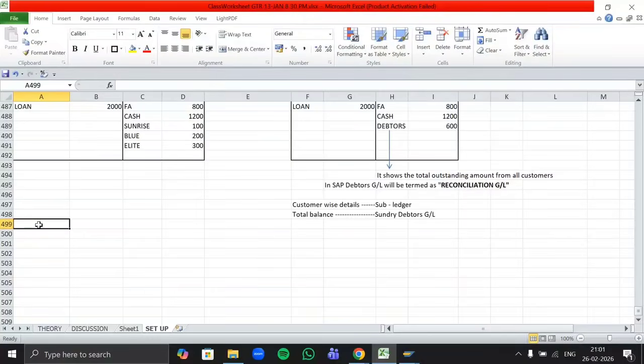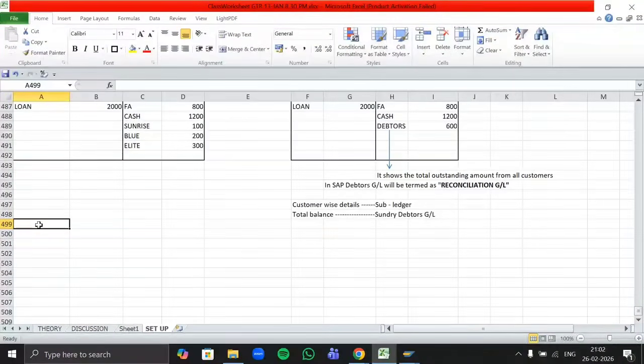Let's say retail customers will have a different kind of rule compared to wholesale customers. Things will be different for retail and wholesale customers, right? So how will you make changes to each and every retail customer and wholesale customer? It's a big task. If you have to change the pricing for the retail customers, you have to go to each and every individual retail customer. That's a long process. So what we do here is create one customer group.